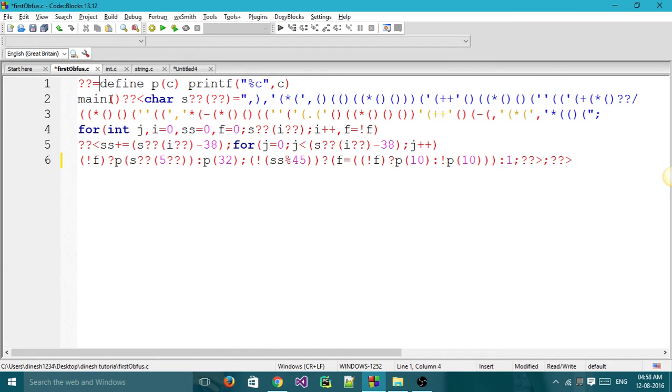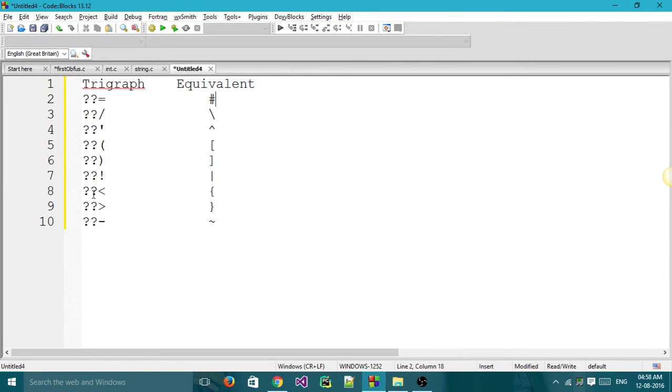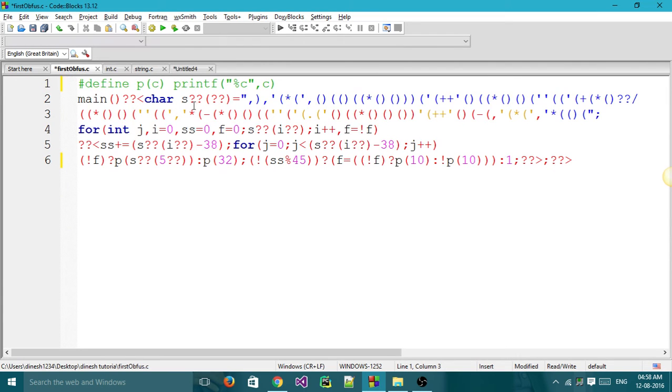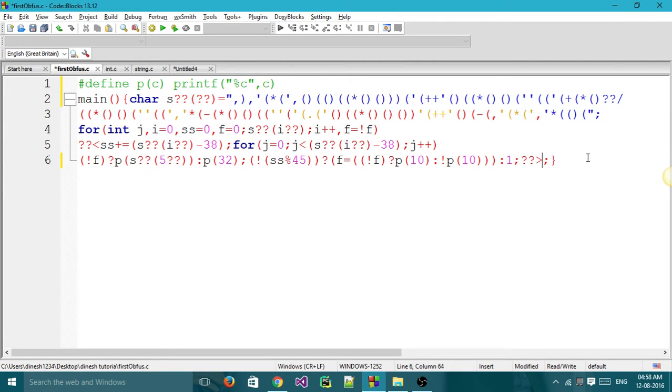Let us try. So this will be a hash, and if you see this one, question mark, this symbol will be a curly brace open, and this is a curly brace open, and this is curly brace close.